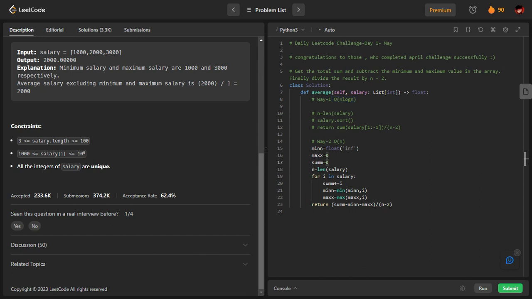So here we have some variables. Here I am initializing sum with 0. Here I'm initializing max with 0. Here I'm initializing min with an infinite value. See these things. If you're following my video, I will definitely expect you to note these things. This is how an infinite value is defined. These things will be very helpful when you're trying to find the minimum value. If you have to find the minimum value, you have to initialize it with an infinite value. Then only it will get to the minimum value.